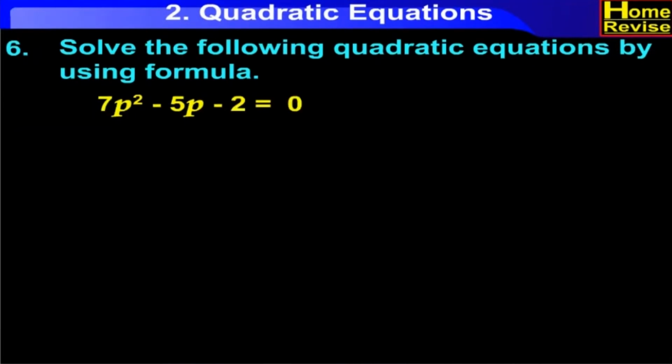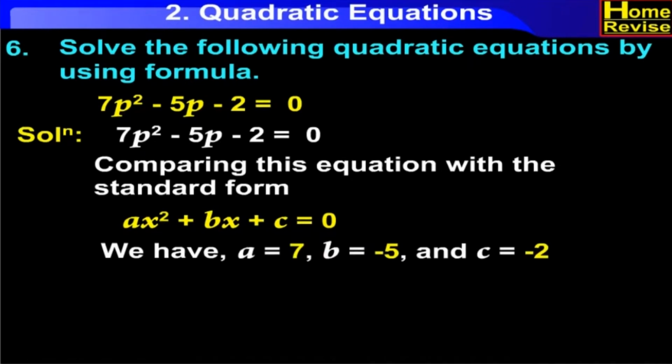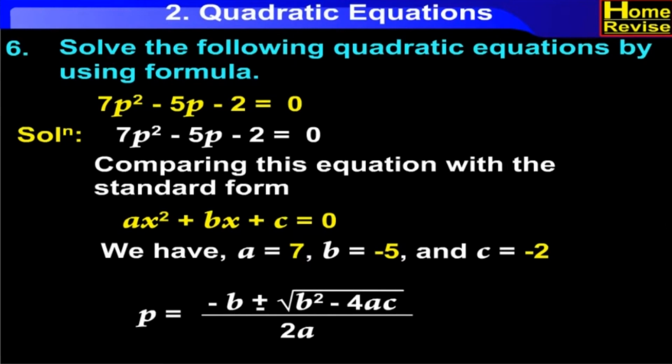7p² - 5p - 2 = 0. Solution. The given quadratic equation is 7p² - 5p - 2 = 0. Comparing this equation with the standard form ax² + bx + c = 0, we have a = 7, b = -5 and c = -2. Now, by using the formula p = (-b ± √(b² - 4ac)) / 2a,